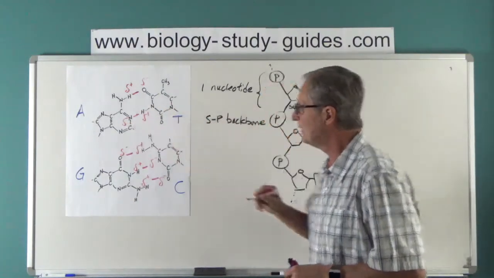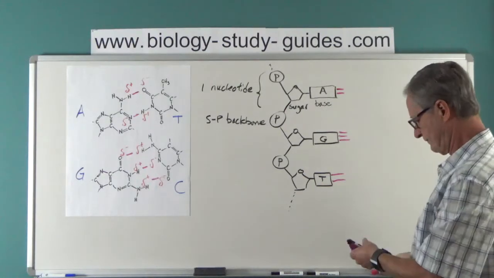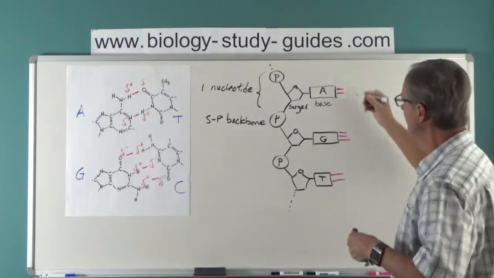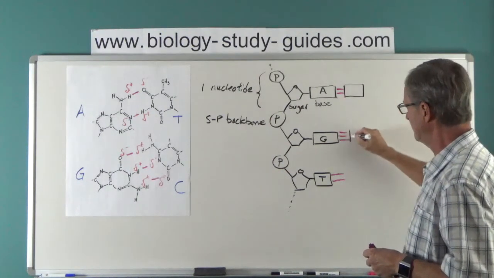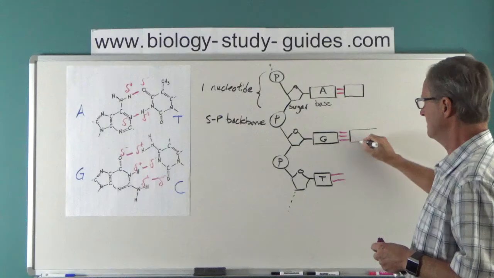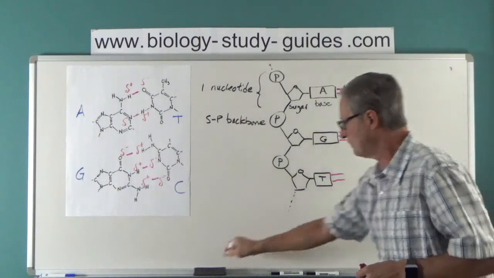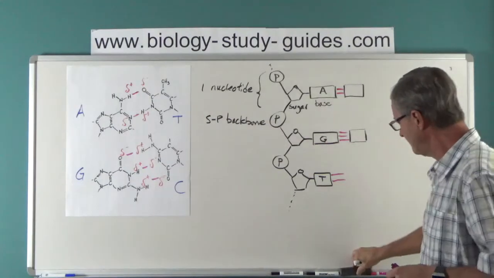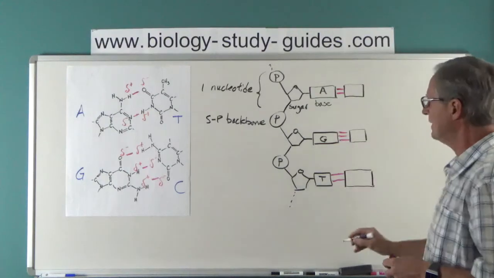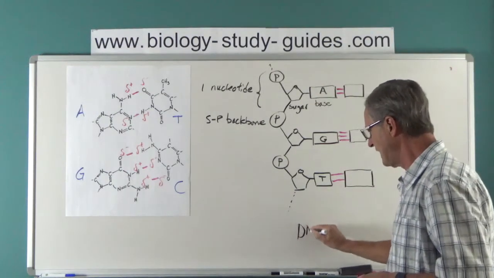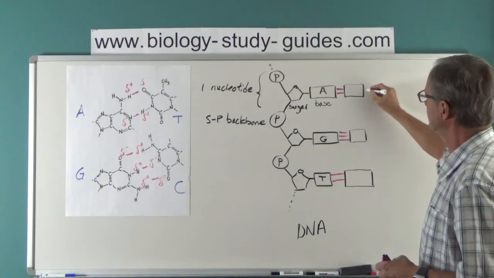Thymine bonds to adenine. So this is thymine. This is cytosine. Better make it a smaller box. This is adenine. So in a DNA molecule, we're just talking DNA right now, in a DNA molecule, we have